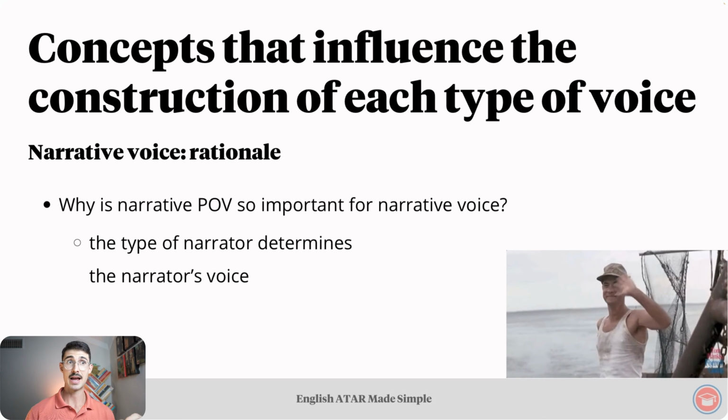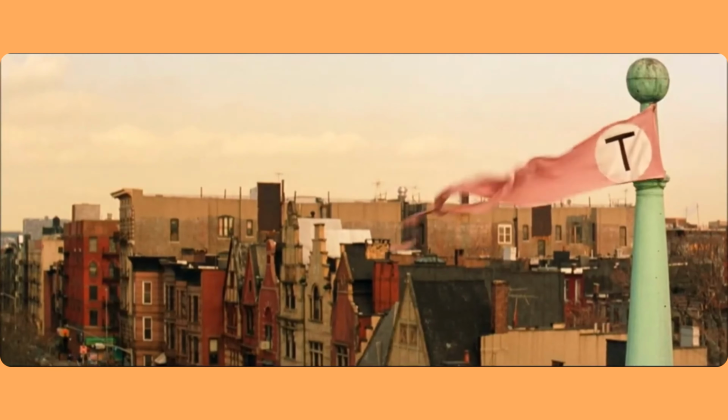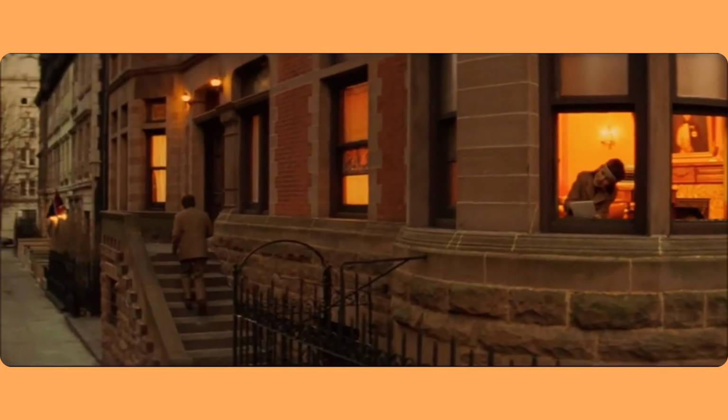Compare that to Alec Baldwin's narration in The Royal Tenenbaums. This detached narration in The Royal Tenenbaums constructs an informative and dry narrative voice. Royal Tenenbaum bought the house on Archer Avenue in the winter of his 35th year. Over the next decade, he and his wife had 3 children, and then they separated.